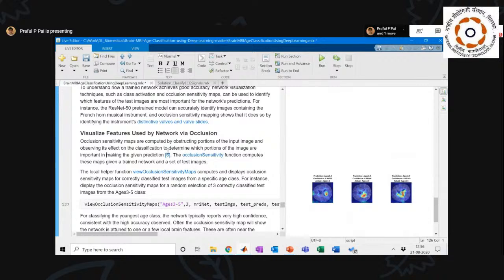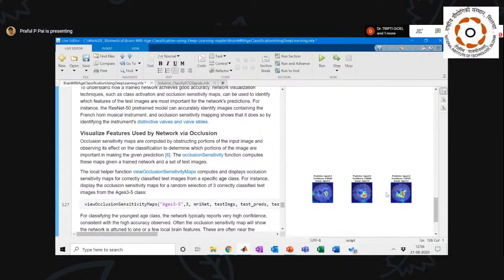So what occlusion maps do is it uses a function called occlusion sensitivity, and it gives you a highlight of what part of the image was focused on when the deep neural network was making